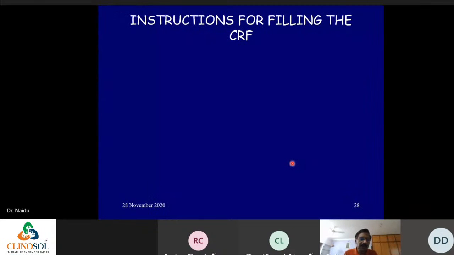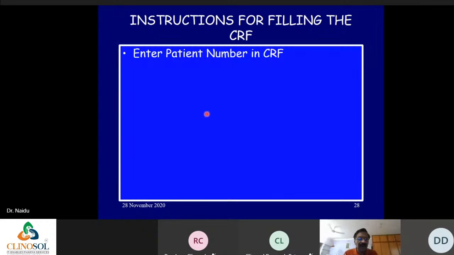Instruction for filling the case record form is also very, very important and essential. Enter the patient number in the case record form. This is one of the very common faults. The inspector as well as the auditor found that the case record form is perfectly filled, everything is there, but the patient number is missing. So be very careful that in every case record form, there should be a proper identification of the patient